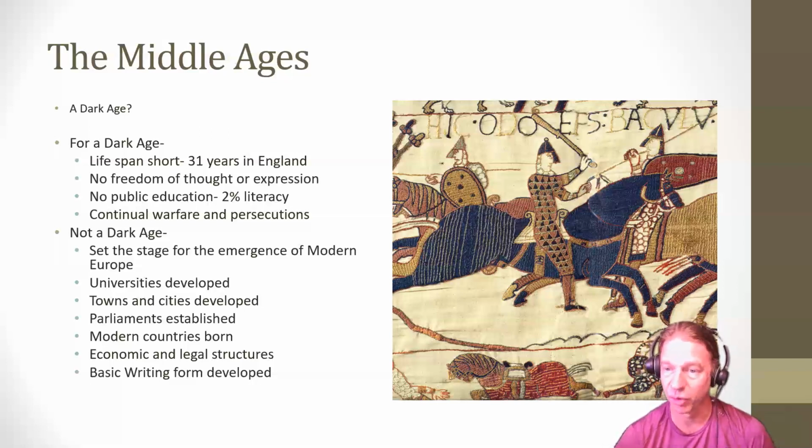And many of the Roman texts that the people of the Renaissance believed that they were using to get back to antiquity, if you will, were actually preserved by the courts of King Charlemagne during the early Middle Ages. Even though he himself was not literate, the scholars that he called into his court transcribed and copied numerous documents, created a basic writing structure, and copied and preserved numerous Roman documents.